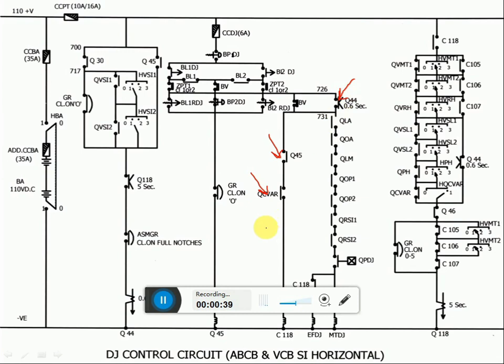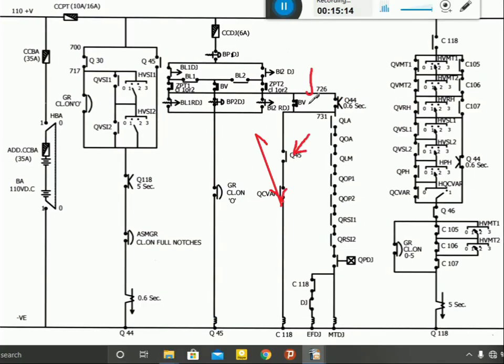At any cost, we should not wedge C1 contactor. Suppose during HT, C1 is not closing. In LT, if C1 is picking up, that means through BB interlock C1 is flowing. During HT through Q44, C1 is not picking up. So we can clean the interlocks of Q44. If not success, contact TLC for advice.